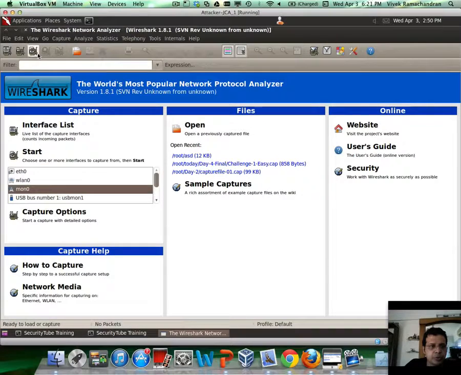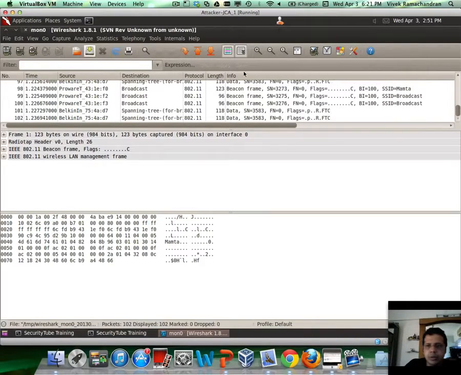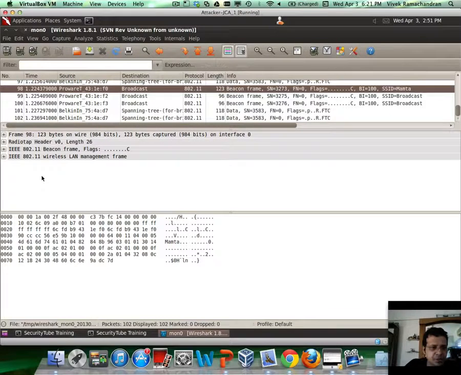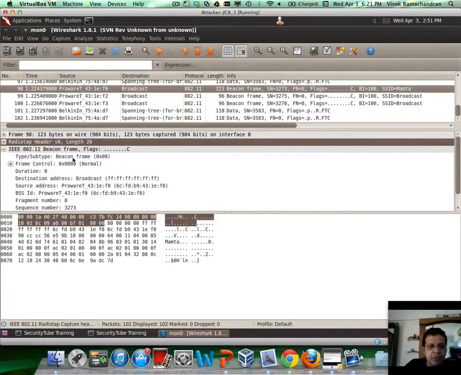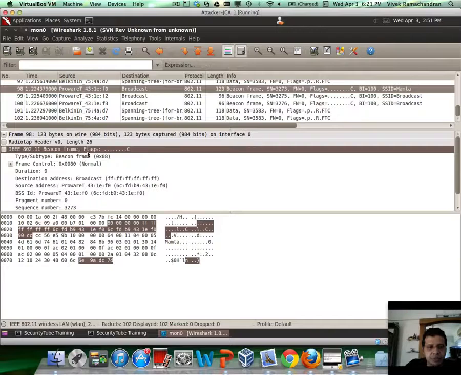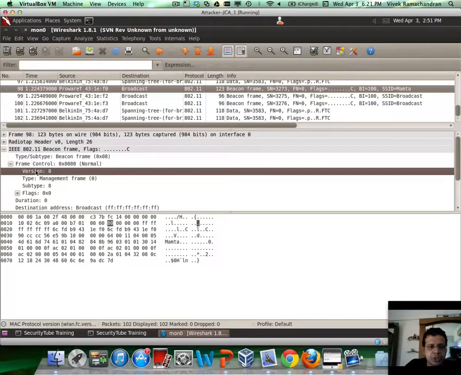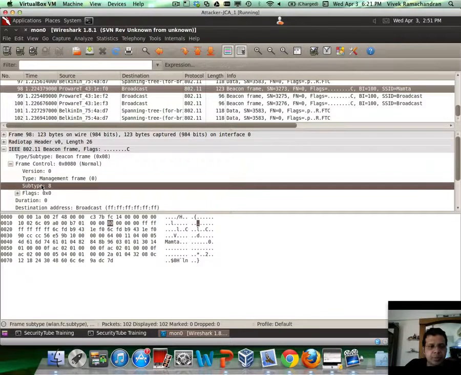Right, let me sniff on Mon0 real quick. Stop this and let me pick up one of these beacon frames. Now if you notice, we have the radio tap header which is 26 bytes first, and then after that we have the beacon frame, which is here, and basically you have the frame control field where version and type subtype together